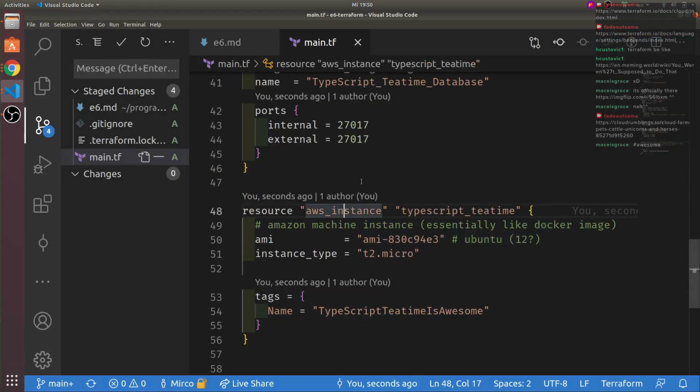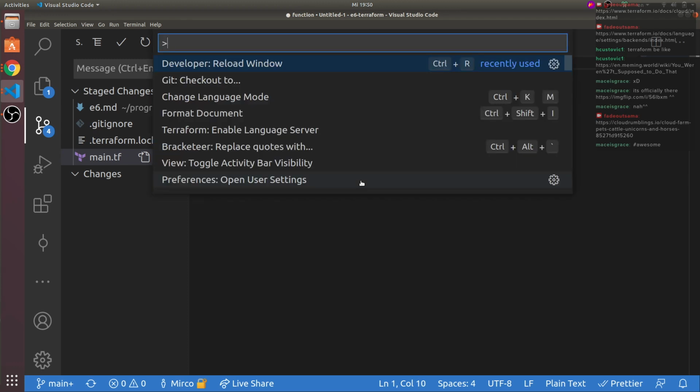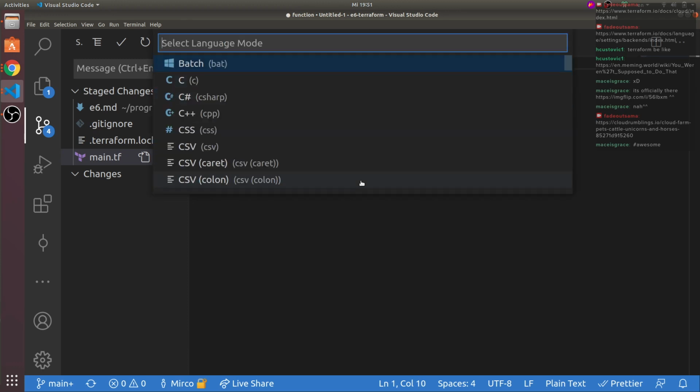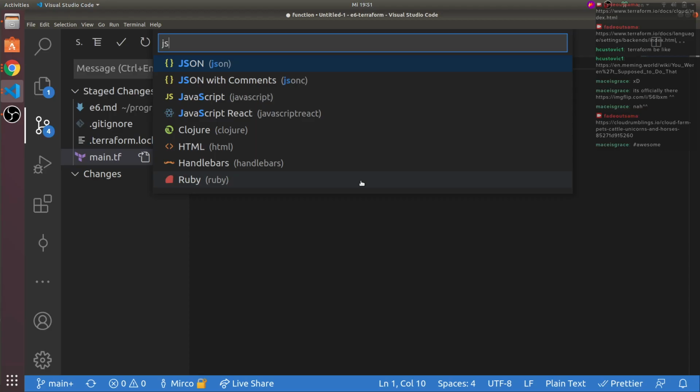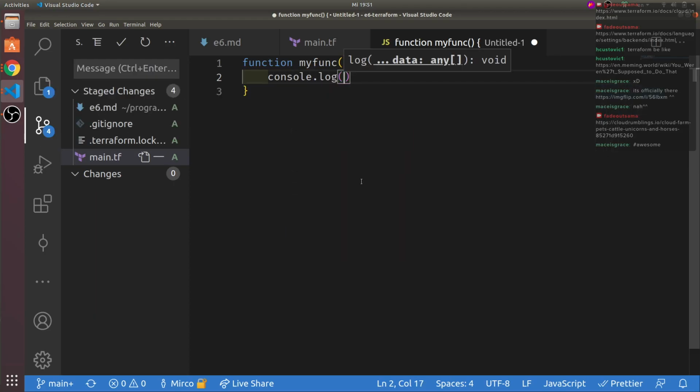I mean, what do you do usually if you write a function in JavaScript, let's say, my func, you do stuff, console.log 1, 2, 3.